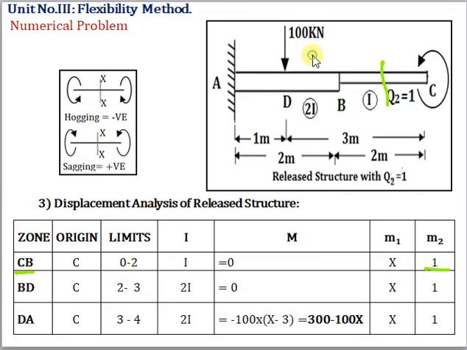If the next section, the BD section, is taken here, the effect remains the same. You have to take the moment directly, that moment is anti-clockwise and its value is 1. Then for the DA zone, let's take a section, and the moment due to the M2 diagram, that means Q2 equal to 1, is again 1. Whatever the moment is, it remains the same, and it is plus 1 because it is acting in an anti-clockwise direction. So this is about the M1 and M2 diagrams, and with respect to that we have taken the moment in each particular zone.